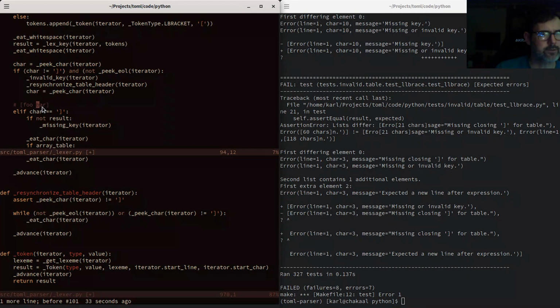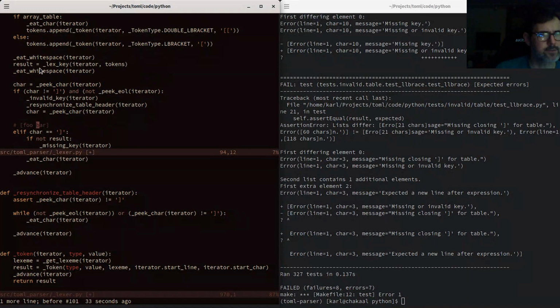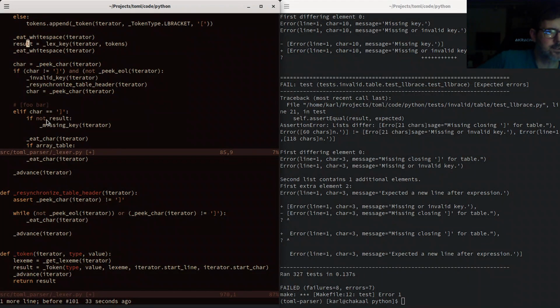We want to log that we have an invalid key and then check for this. And I feel like in this case, we want to set result equals true. Like we want to reset that because then we also,